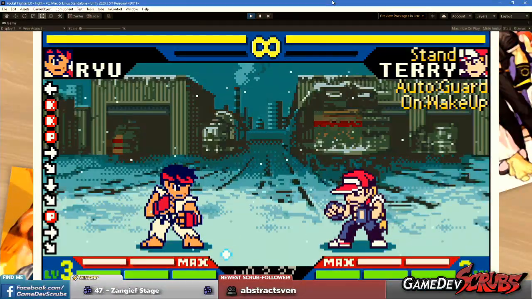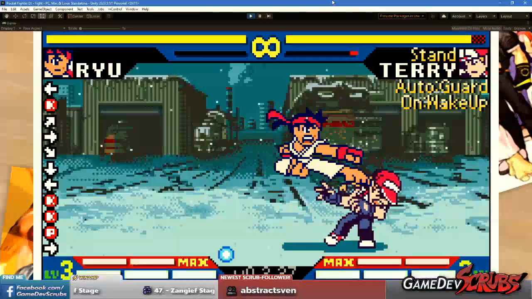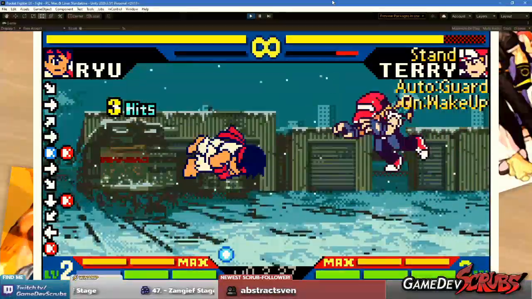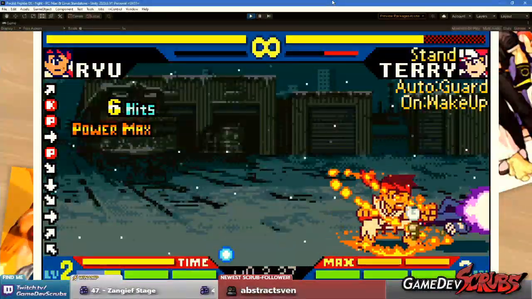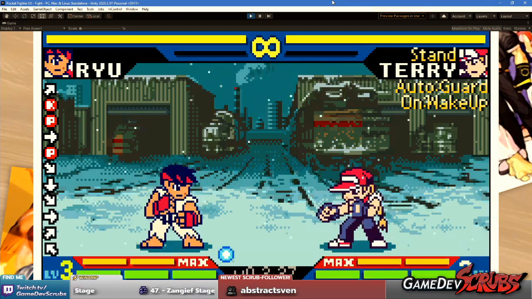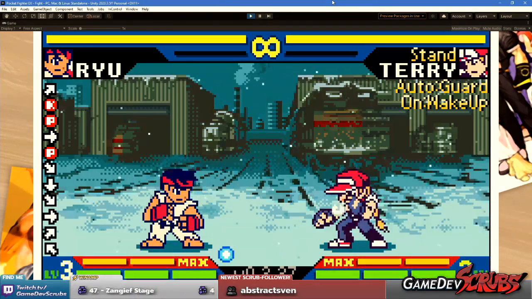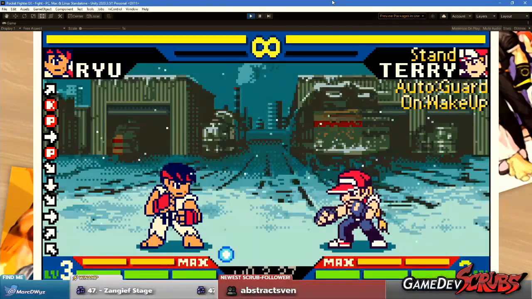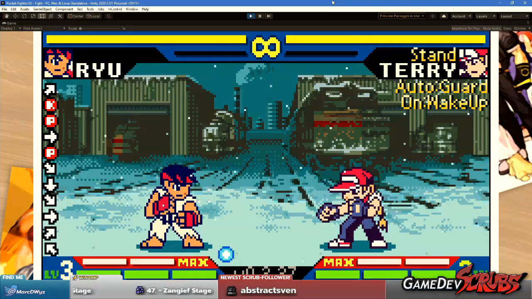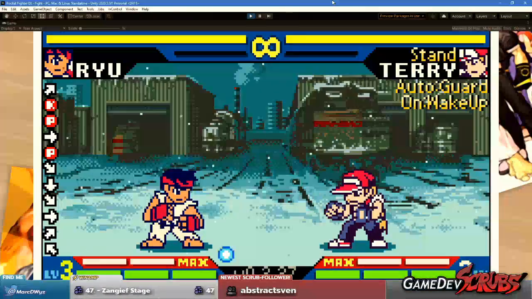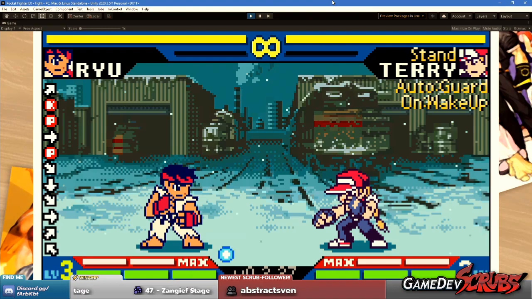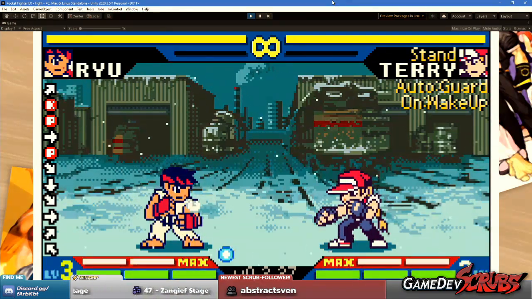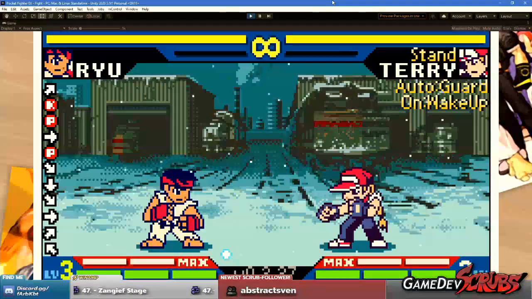How hard would it be to add a rewind feature from Plus R in recent games? Well, once you have rollback, the rewind feature is pretty much a piece of cake, because what you're doing is just rolling back to a previous state. Rollback is essentially you save the state and then you fast forward from there. You can save as many states as you want, as long as you've got the memory to do it. So they just save a boatload of states when you use the rewind feature.